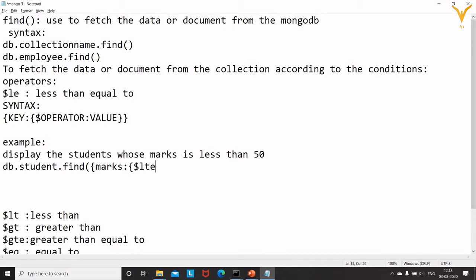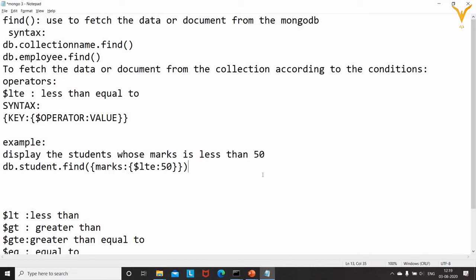Then colon. What is the value? It is 50. It should be less than equal to 50. So we'll write 50, then close the brackets, and your find results. This is how we are going to write the query.